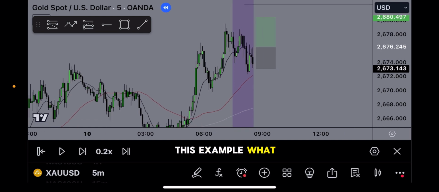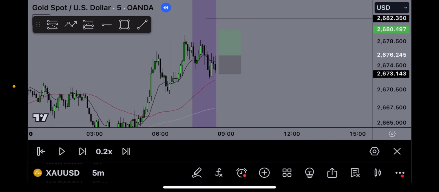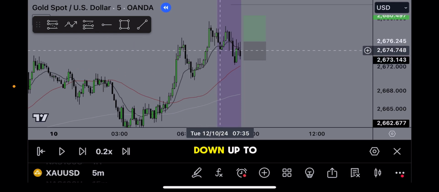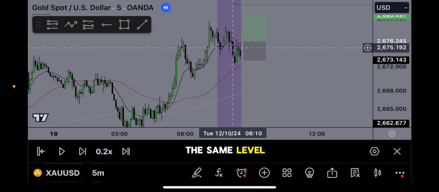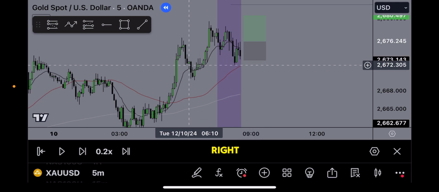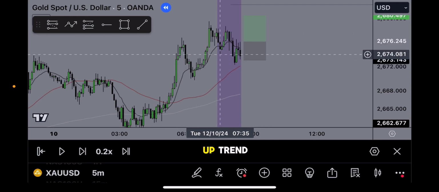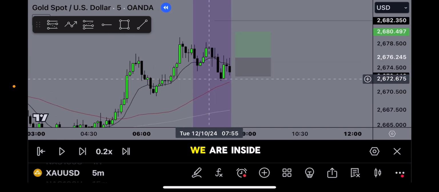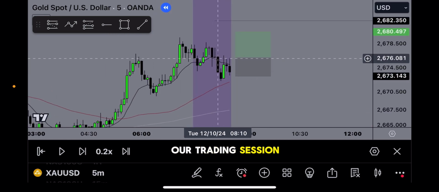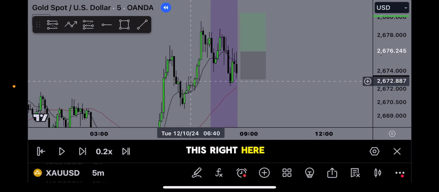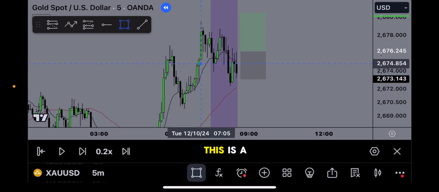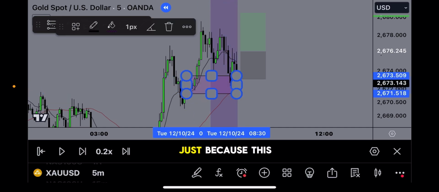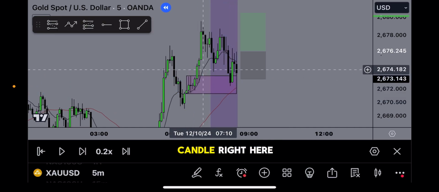Okay, so on this example, what do we see? We see price going up, down, up, to the same level, down, right? But we see price creating higher highs. It's on an uptrend, right? We got the 3 MAs underneath. We are inside our trading session. And I already know this right here is kind of like a demand setup, but it's not,